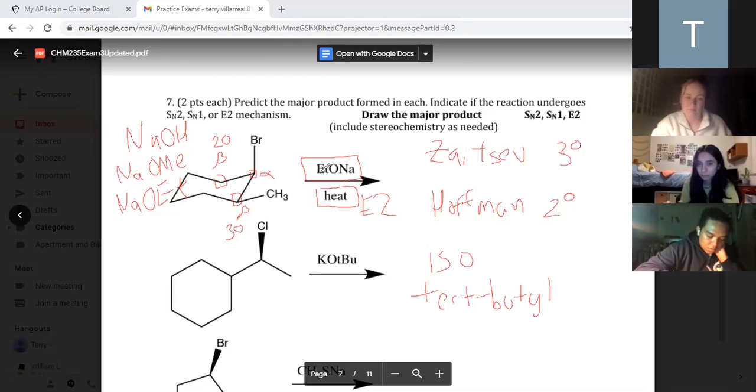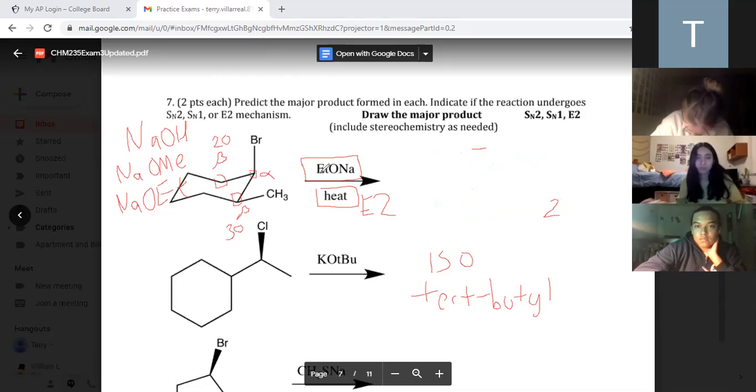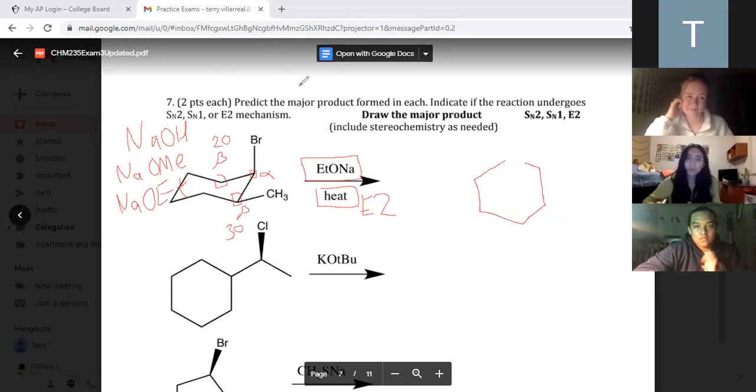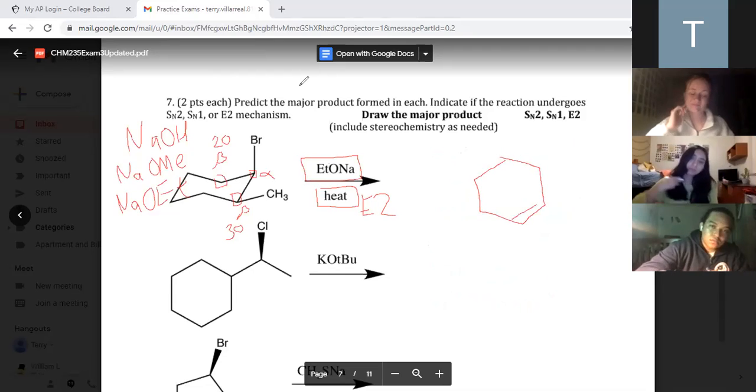All right. So OH, OMe, and OEt for your own records now, they are small, strong bases. They prefer E2. They will always form the Zaitsev product as your major product. So coming in here now, my product is simply going to be, and I'm going to draw a very simplified version because I'm way too lazy to draw the 3D shape of this after you form the double bond, because you technically form something called the bow tie, but I don't think you guys have even learned that anyway. You are going to form this essentially as your product.